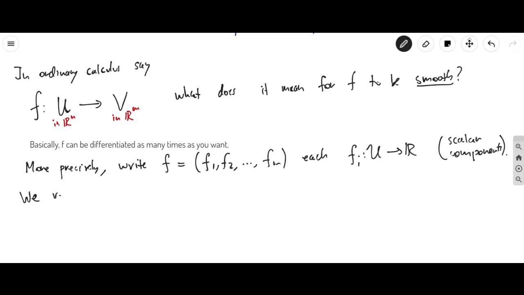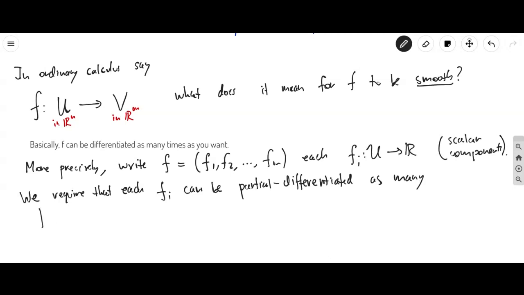And we require that each fi can be partially differentiated, because in multivariable calculus we talk about partial differentiation. In single variable calculus, we just write f prime because there's just a single variable. But in multivariable calculus, we talk about partial differentiation. So we're saying that every one of these component functions that makes up the mapping can be partially differentiated